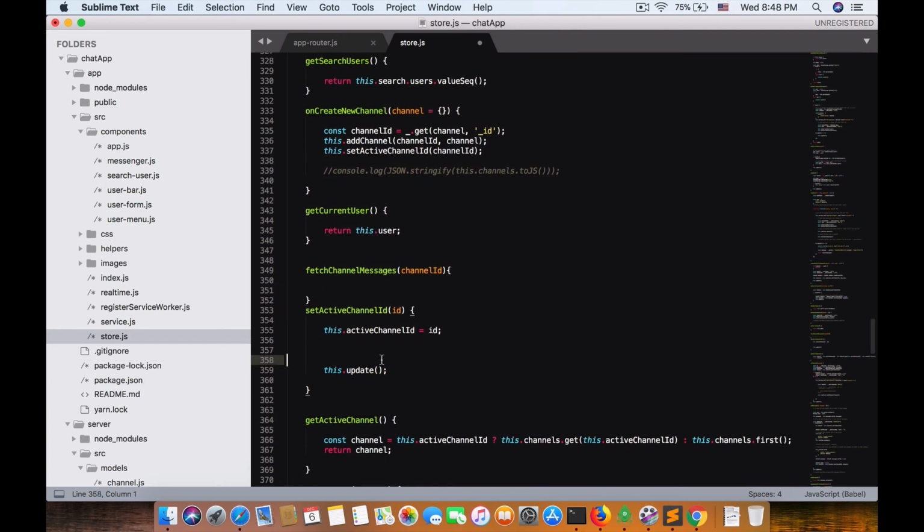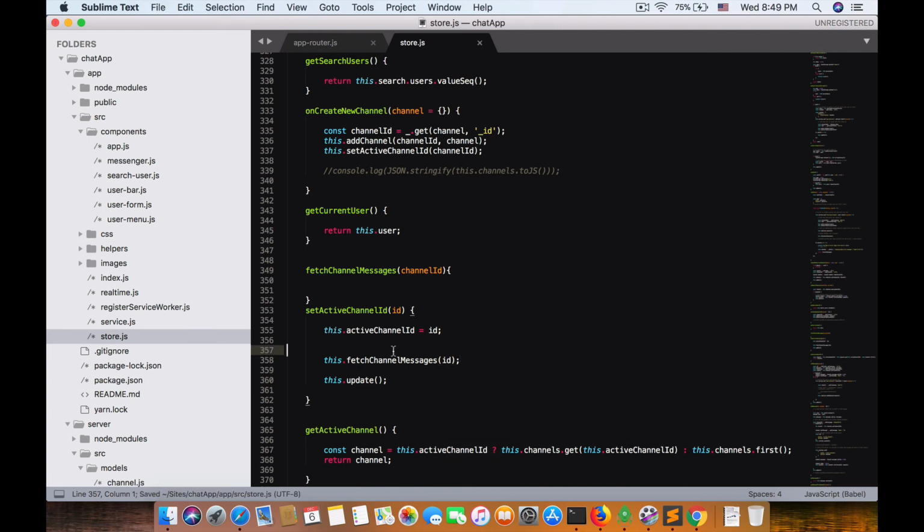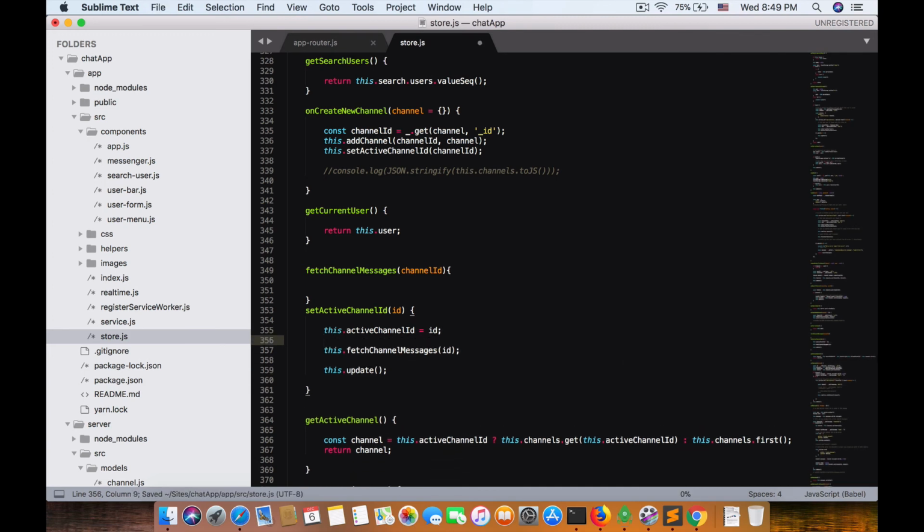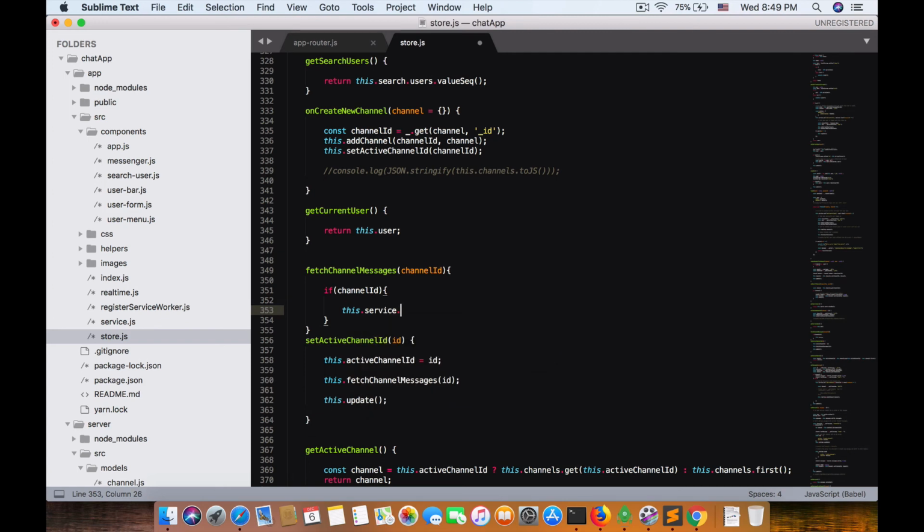I'm trying to make this dot fetch channel matrix with channel ID should be ID. Okay, so we got this, if channel ID, and here I'm trying to call data service get. So the API should be API channel, and channel ID right here, and slash matrix,